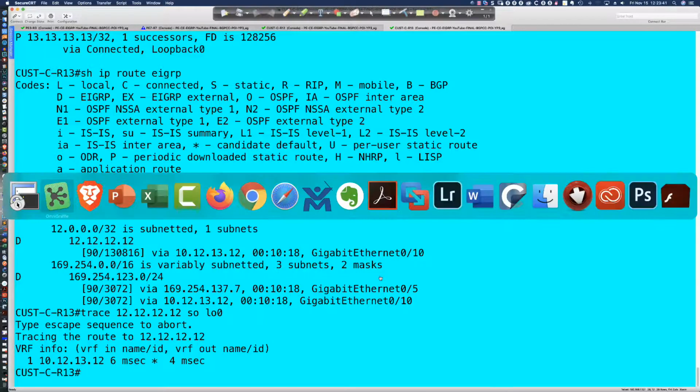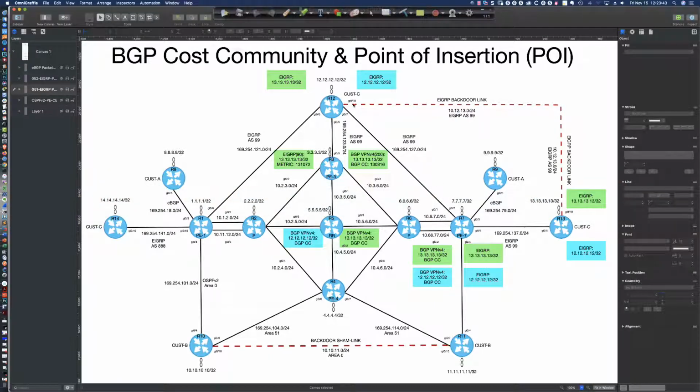So if I look at my diagram, how do you do layer 3 traffic engineering with EIGRP? And I kind of gave the answer away earlier. It's the delay. Well, okay, where do I make that change on the delay? Well, it's on the backdoor link that I would increase the delay value here, and I would increase the delay value here. And I don't have to go crazy with the delay value. I just have to increase it enough so that this 13, 13, 13 route, when it makes its way over here and then comes in here,